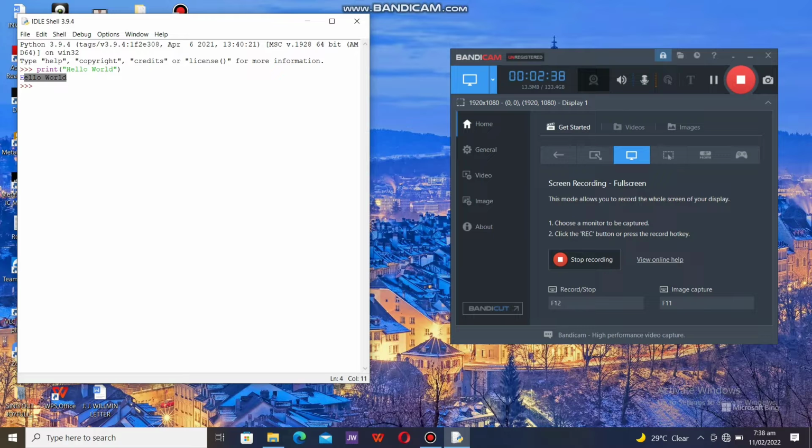So what we're going to be doing now, okay, this is the shell. We are in the Python shell. So now we've got the basics, print hello world. This is just the basic one line of code in Python to print hello world. You can also print